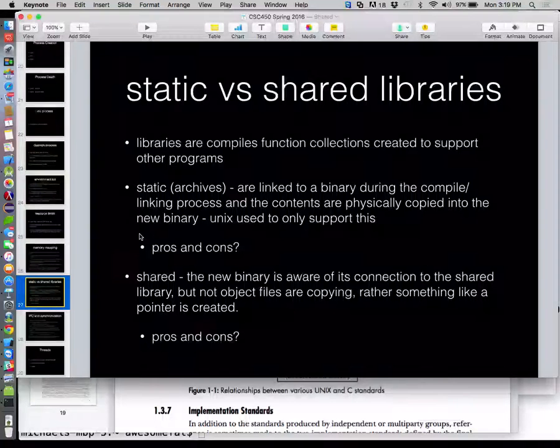And now you have to decide, how do I bring these libraries into my project? Okay, so there's a couple different ways. You can either statically link them, or you can link them as a shared library. So the idea here is, if you statically link a library, you get the current version of that library as part of your executable. So if you're writing a program and you're building it and you're going to release it,